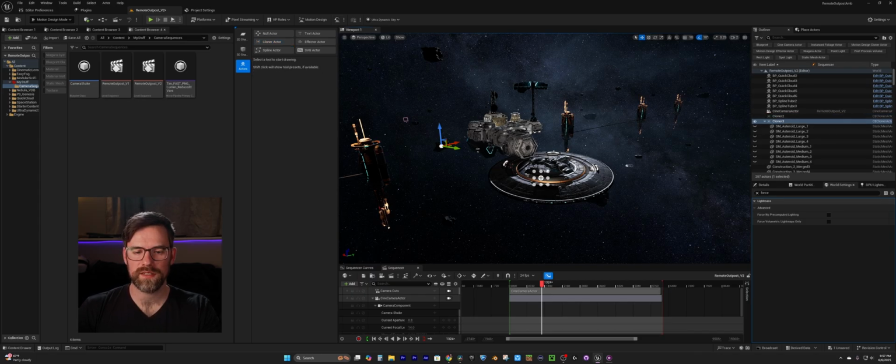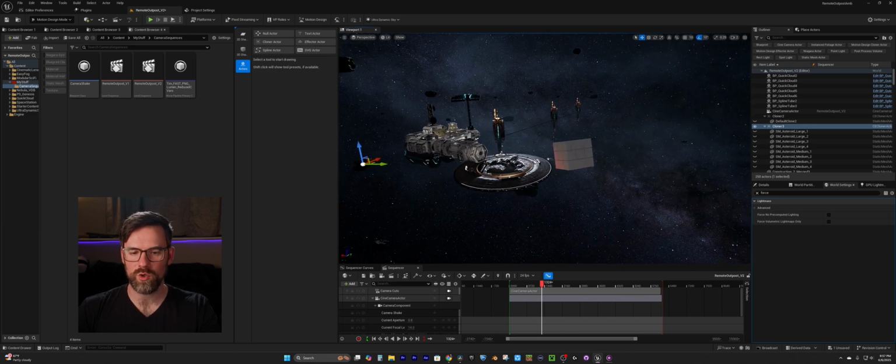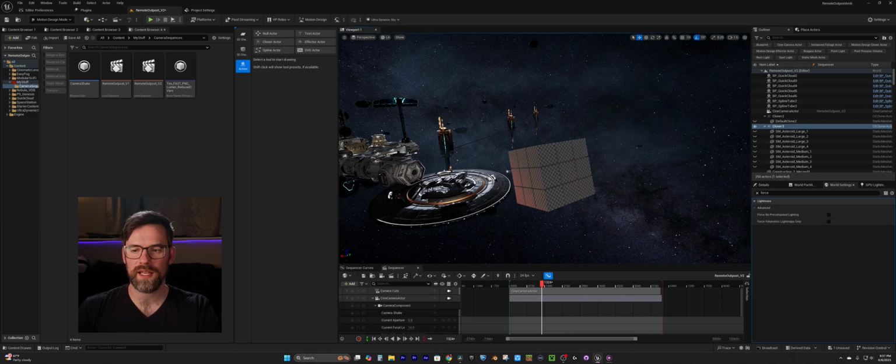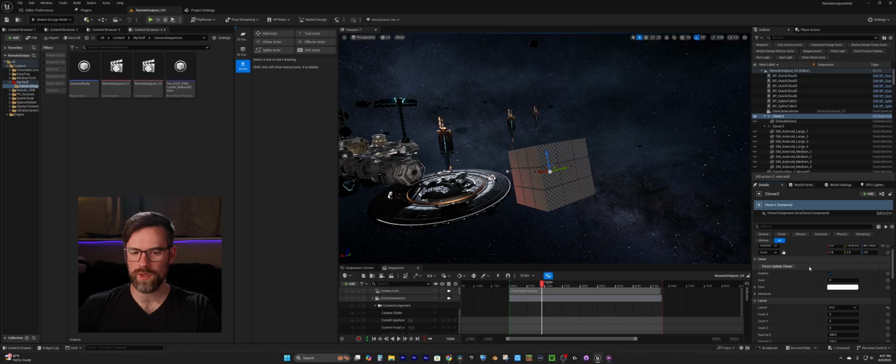And by default, it will place the cloner with a basic cube as its child. It's right here in the outliner. This thing is what it is cloning, and anything that is a child of this, it will clone. We're just going to use this as an example because it's nice and visual and it won't get confused with anything else. So if I go back to the details here, for the cloner,